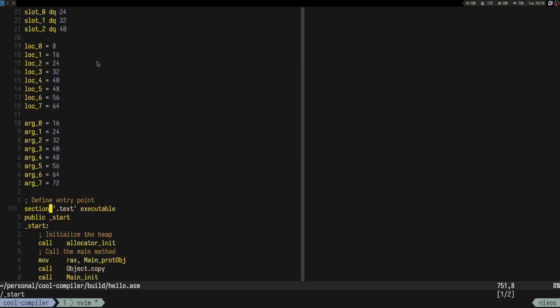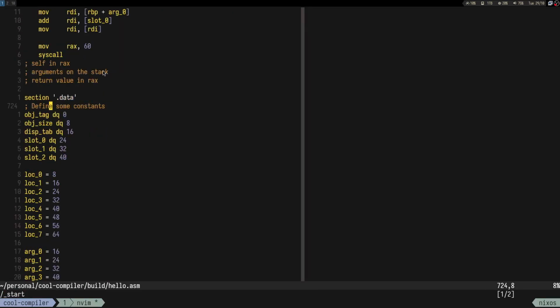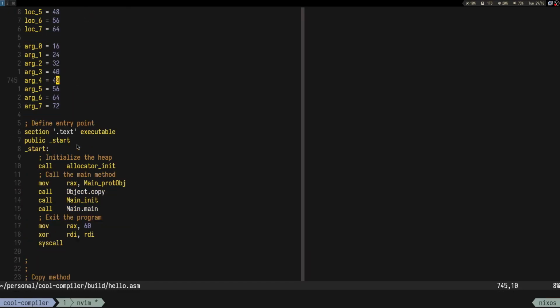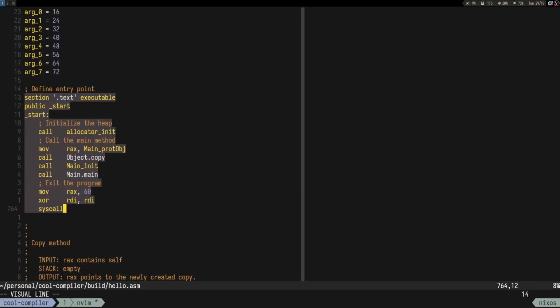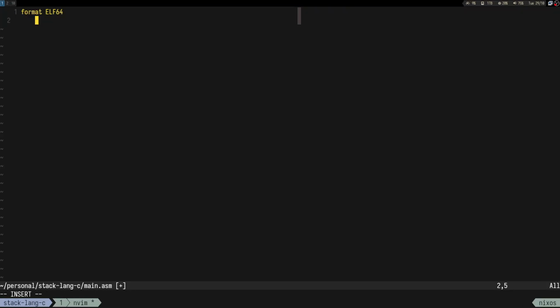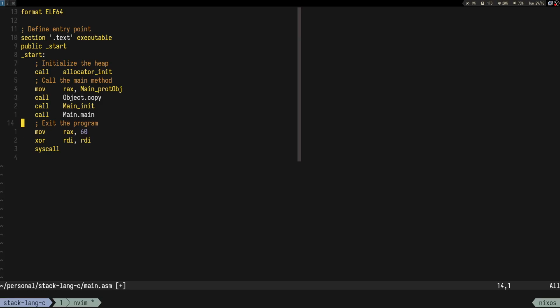Start. Yeah, here we have some constants that we use in the other language, but we don't need them. And this part is the entry point. So I would take this one, just put it here, so it's section executable. We have start, and